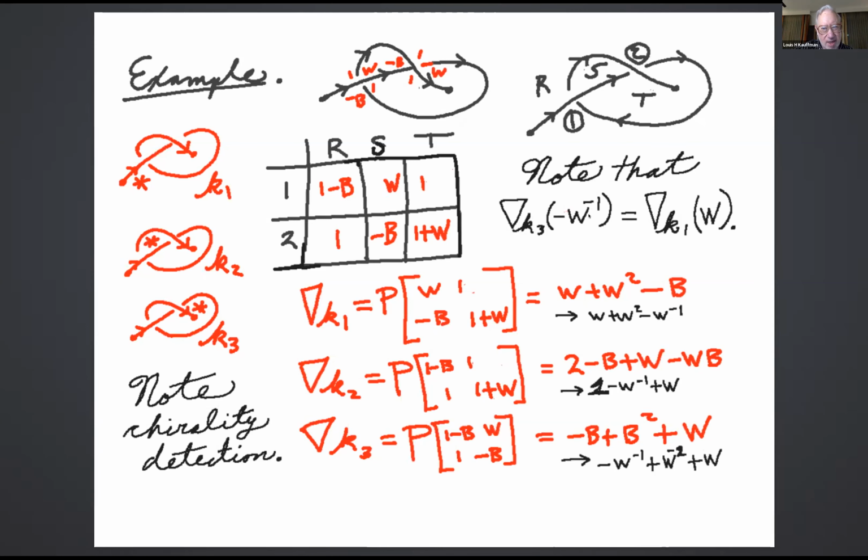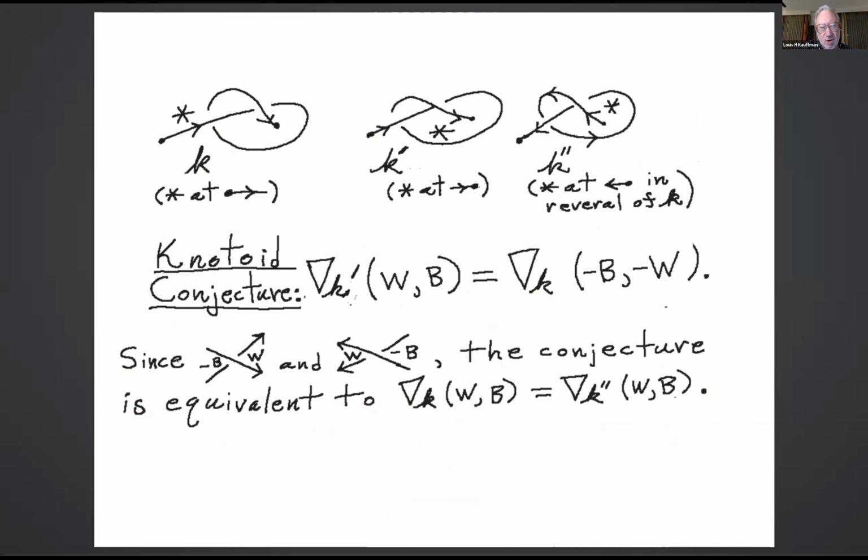That's not hard to see. So that this is the same as saying that if you were to take the other end and write the arrow in the opposite direction so that it goes out from the other end, then you would get the same invariant, the same polynomial. That appears to be correct, and we're still puzzled by the absence of at least a proof by us. So the natoid conjecture is like this,